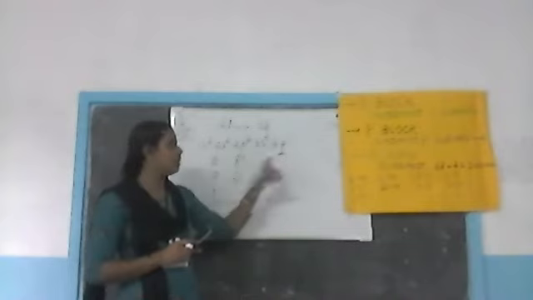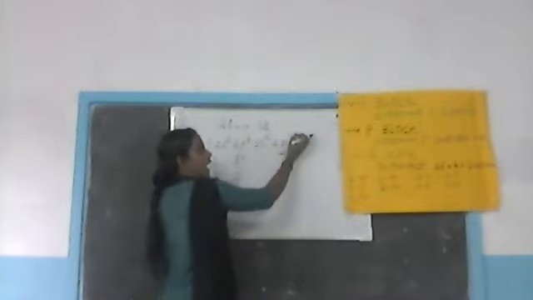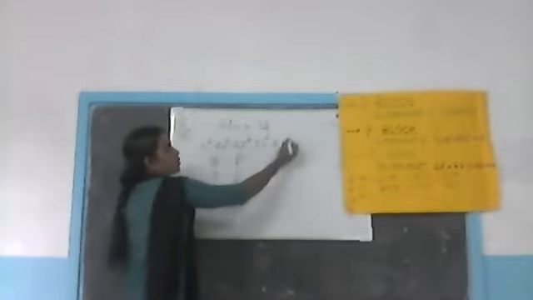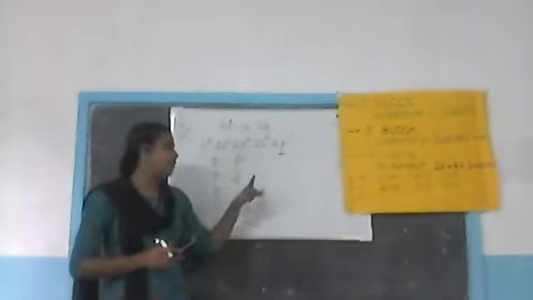Next, group. So we have to find out the group number. Before that, we have to check this element belongs to P block. For P block, what is the method to calculate the group number? We have to add 12 to this number. Here 1 electron is present, so add 12 to this electron. So total we get 13, and that is their group number. So S block and P block are different from each other in finding the group number. For S block elements, no need to add; but for P block elements, we have to add 12 to this number.